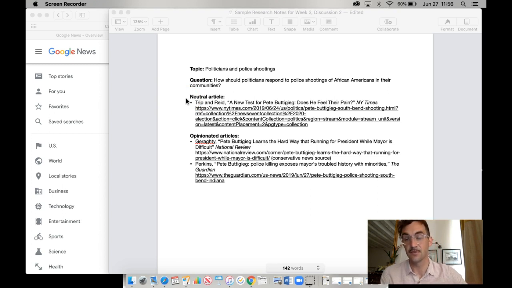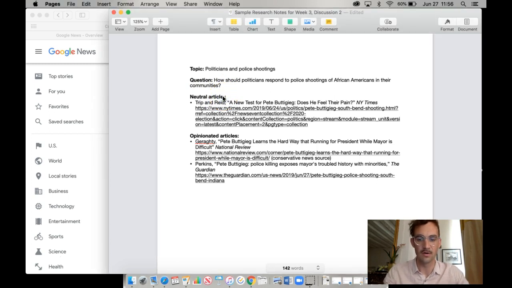The four articles that I looked at on Monday, while they're from different parts of the political spectrum, were actually kind of neutral articles because they were presenting multiple sides and not making an argument explicitly.